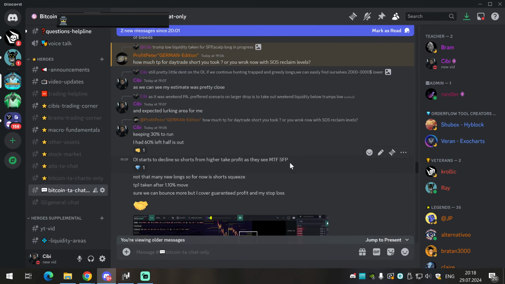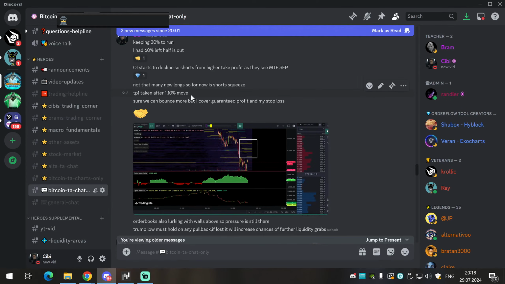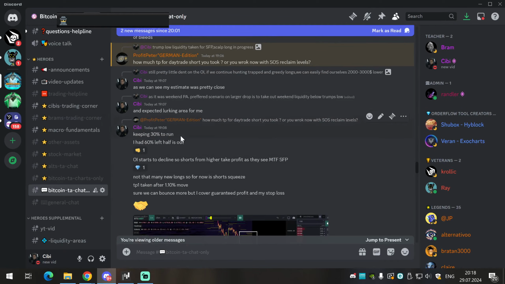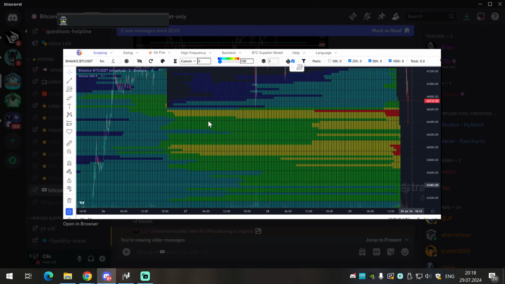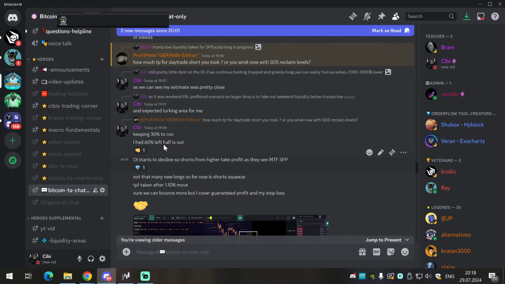And we are getting to the, I also had the first long once we did the Trump swing failure pattern. You can see what we did here, swing failure pattern very clear, stop loss behind the low. It was our target. You see I had a $3,000 move to the downside. I had 60% short running, I'm taking 30%, so half of the short I'm taking out, I'm leaving 30% to run. If the market now pulls back to higher regions, I will be happy to add to my short. I already showed you the trade area,